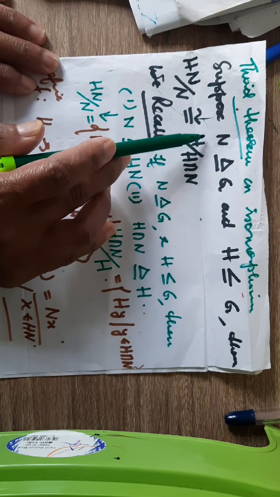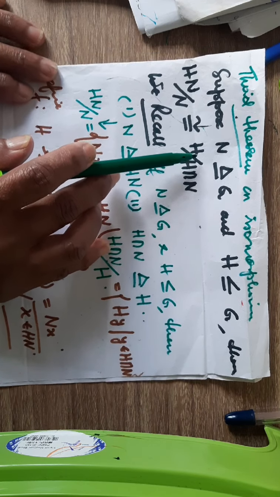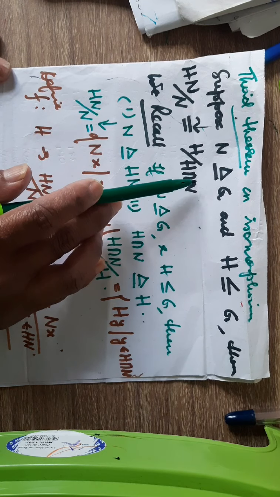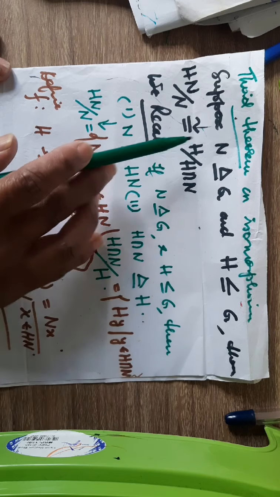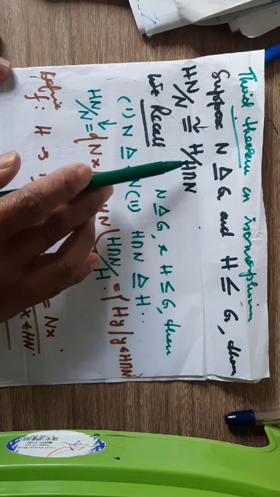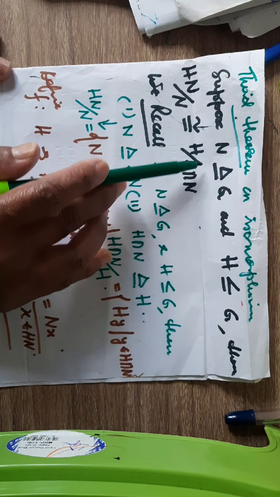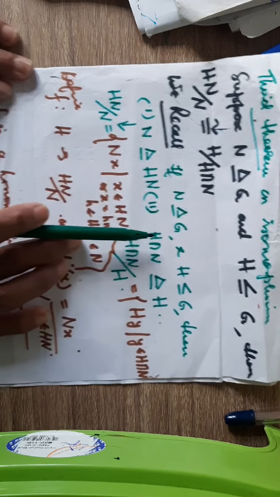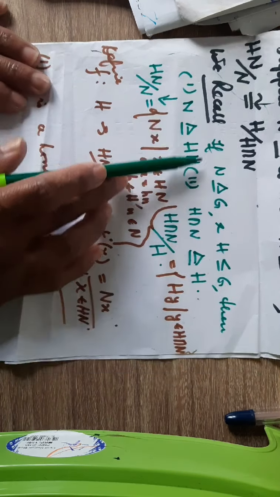But to prove that, we just need to show that there exists a mapping f defined from H to HN/N, which is a homomorphism and onto. We need not show that it is one-one, but after that we can apply the first isomorphism theorem. So now let us just recall this important